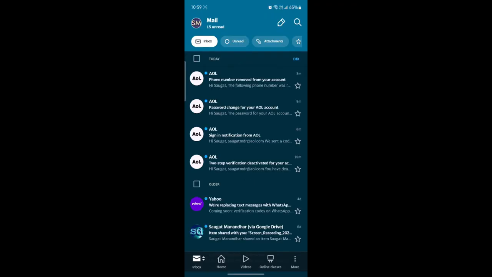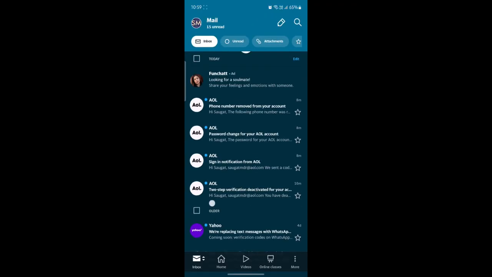It might take some time to verify your account, and in a while you can see that you will be logged in. For some security reasons, the screen might not record the login process, but this is the basic login